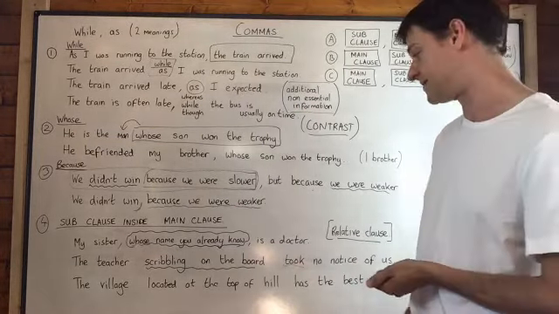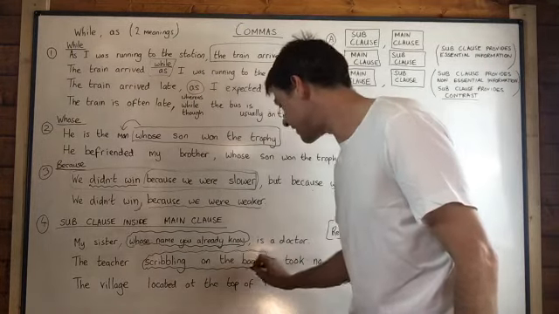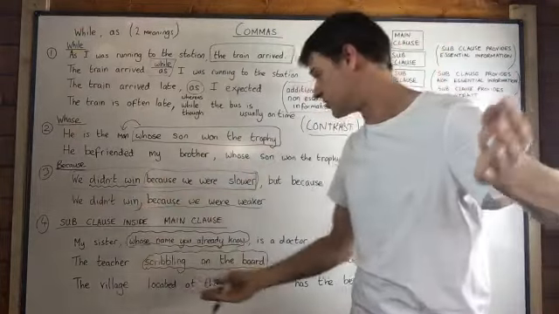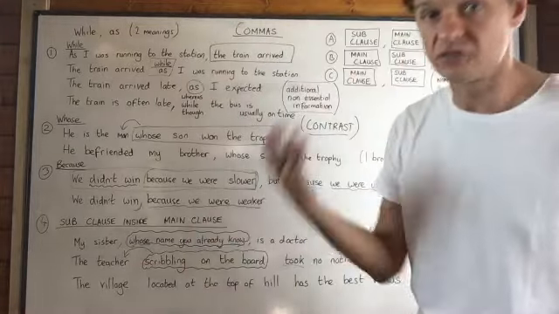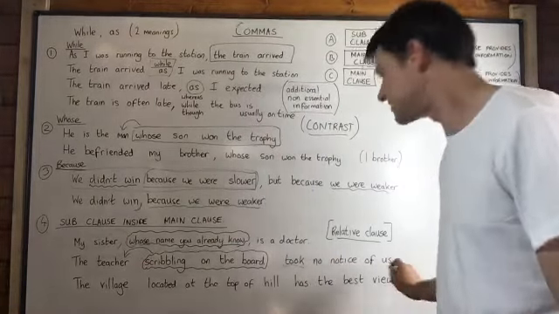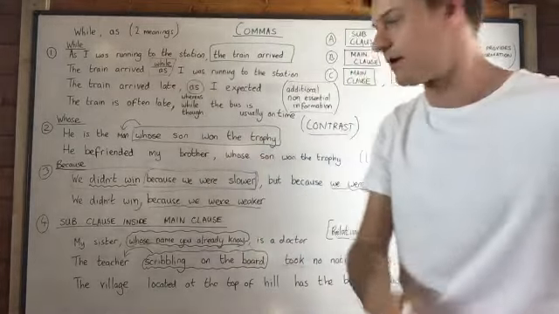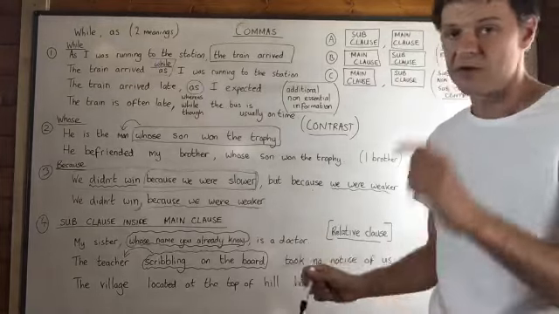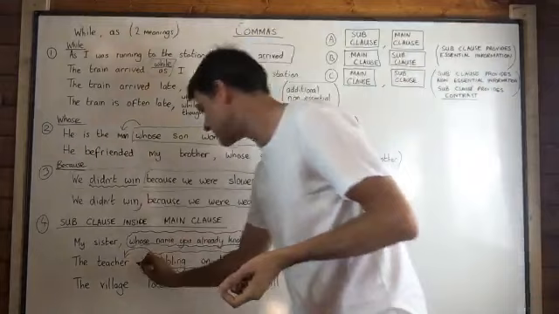It's a reduced relative clause, and without commas, it sounds like there are more than one teacher. Maybe you have 3 teachers in the room and you're telling me which teacher. You're saying the teacher scribbling on the board took no notice of us, and not the other 2 teachers who were sitting down at the back of the class, but the teacher scribbling on the board took no notice of us.